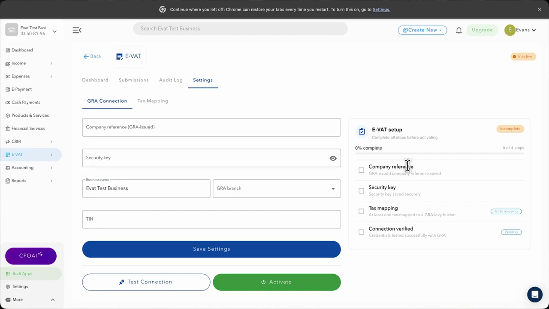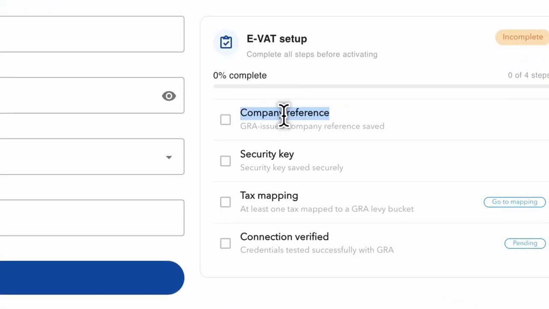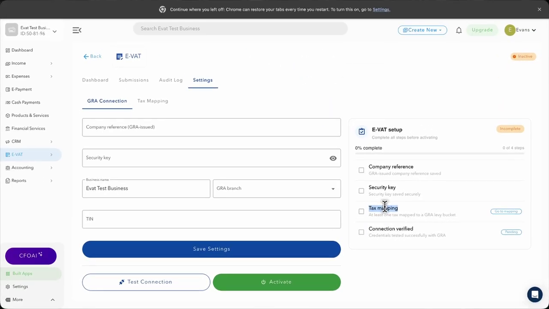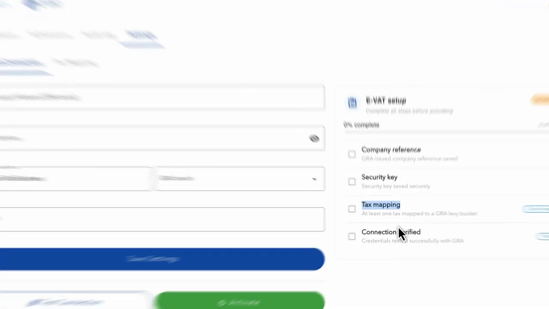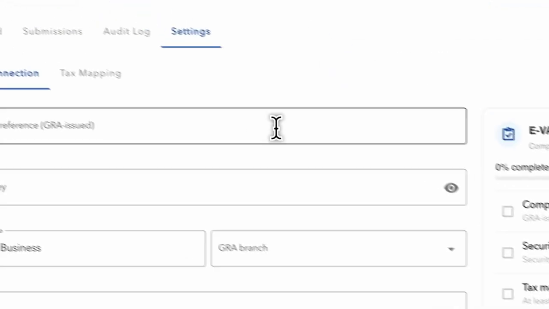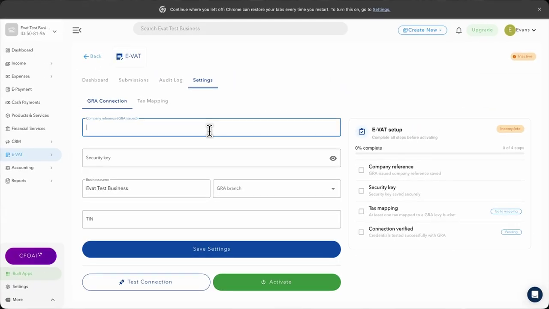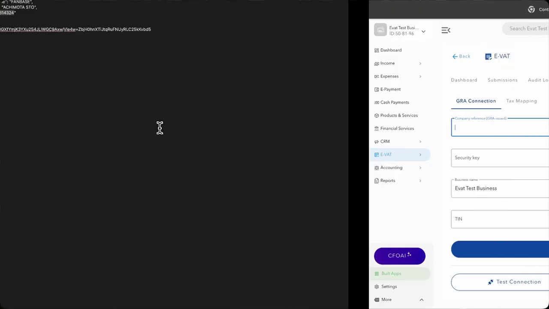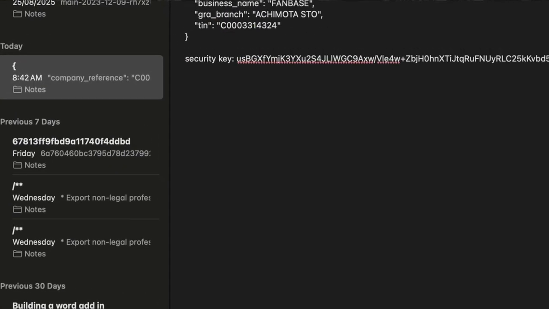Here there's a checklist of things to be done before you can begin using the E-VAT. You have to provide your company reference, the security key, and then map taxes on bills to those on GRA, and then you verify the connection. So we would start with the company reference. This is GRA issued, so you would have to get it from your portal. So the company reference,